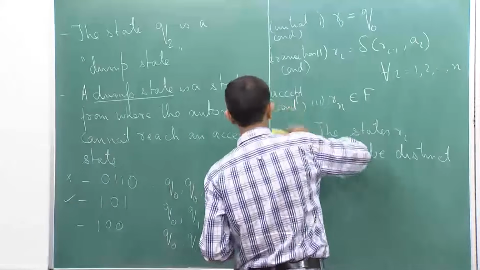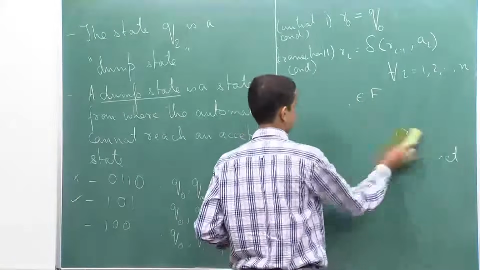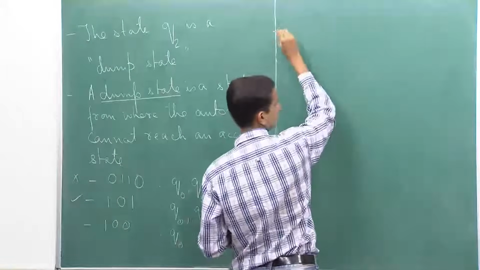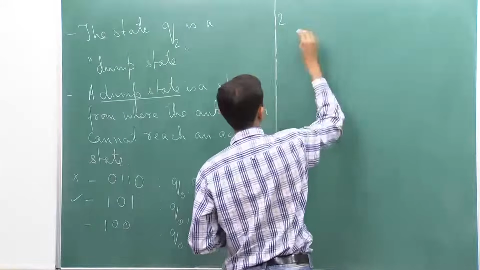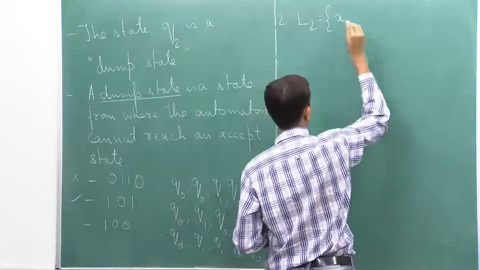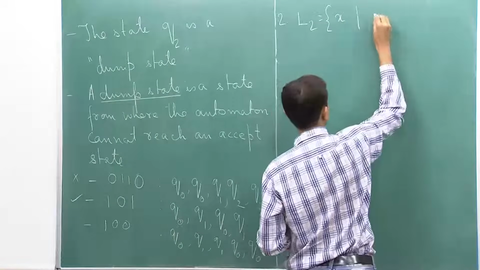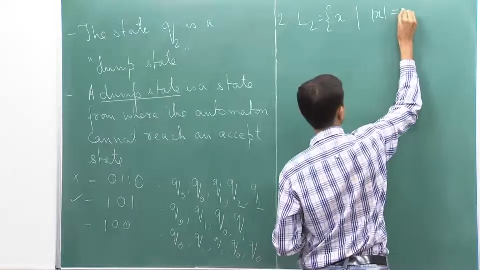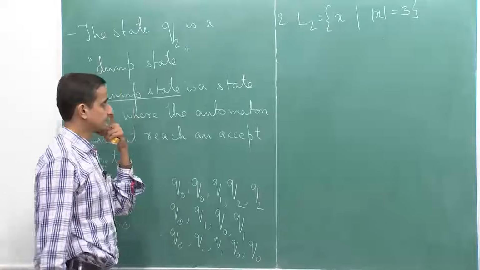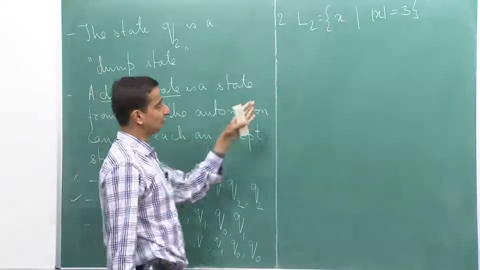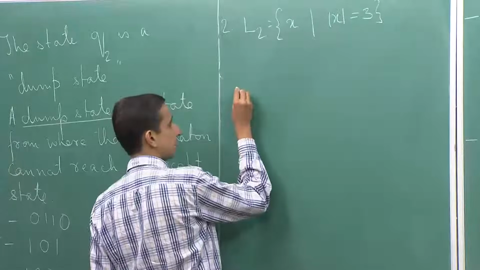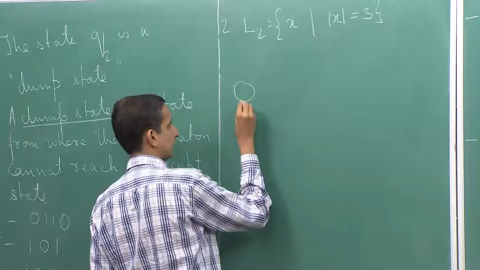So, let us look at another simple example. Let us look at the set of all strings x such that the length of x equals 3. So, I want to accept all those strings whose length is 3. It is not difficult. We start at a state